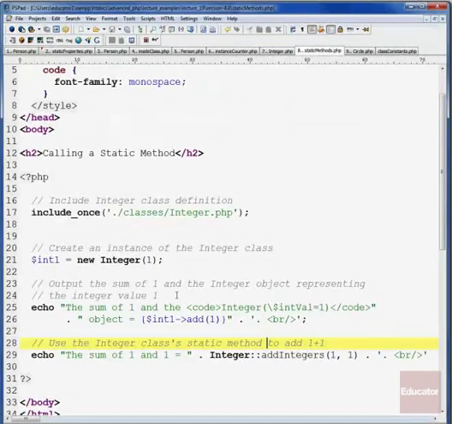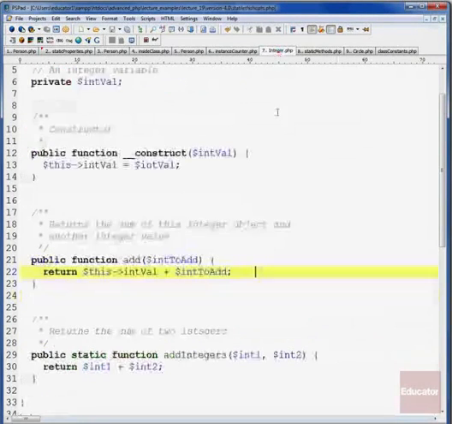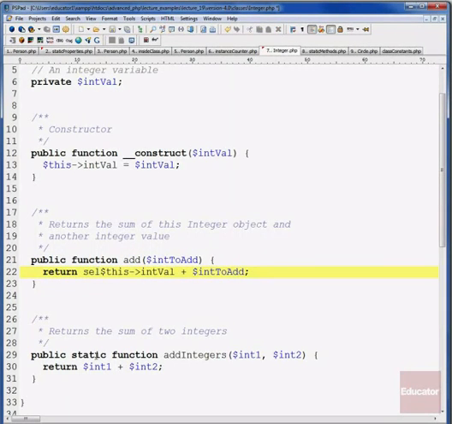And one thing to note is that I mentioned that just like with static properties, you can access static methods within a class as well, within an object as well. And so in this case, we actually could do this. If we wanted to, we could call this add integers method from within our add function and have that do all the work. It doesn't really make sense, but this is just an example to show how you would access a static method within another class method. Use the self keyword followed by the scope resolution operator, then the name of the method,